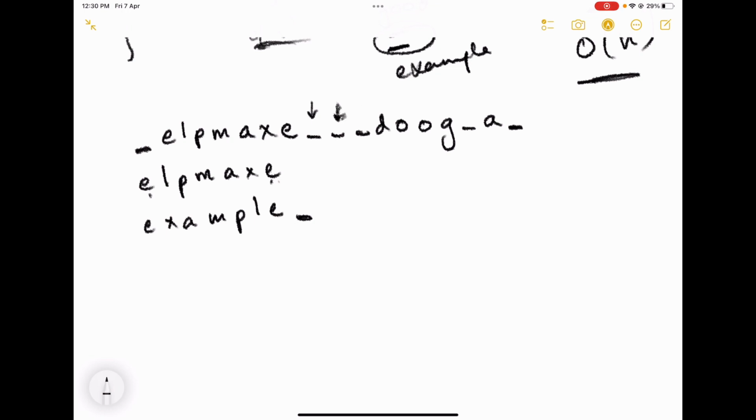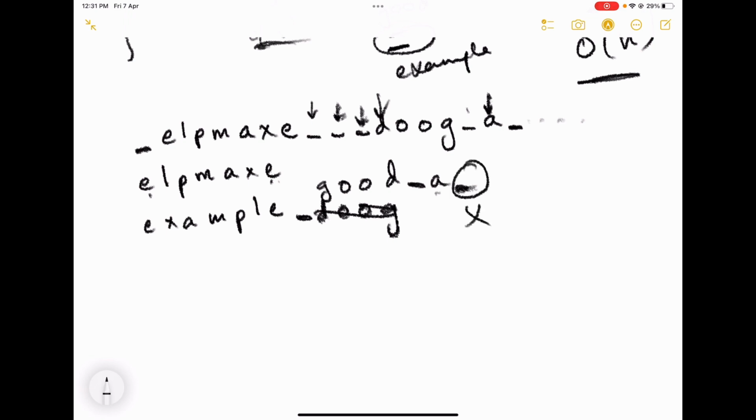Now let's iterate again, and again you're going to encounter a non-blank character. So let's just keep it here, and then we're going to encounter a space. So we have to reverse the word till that. So it's going to be D, O, G, and then insert a blank. Then let's go to A. And then again we encounter a space, so reverse this, which is just going to be A, and after that we're just going to go through all the rest, and then at the end we just have to trim the